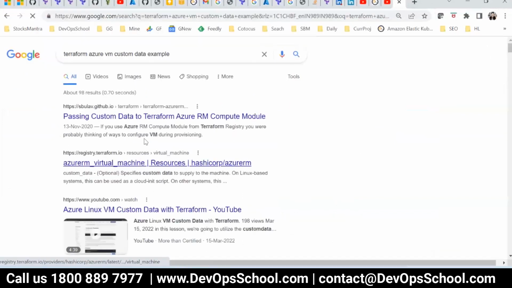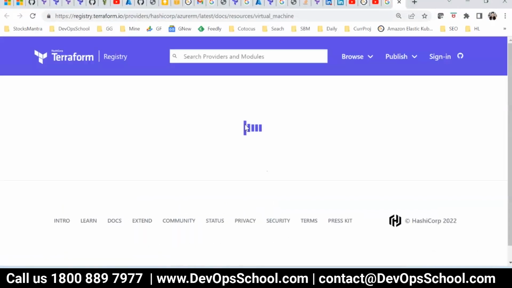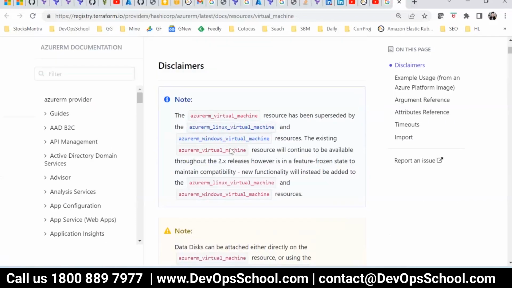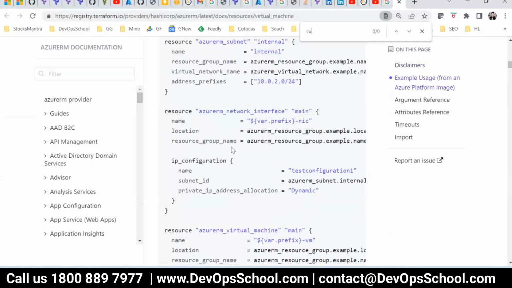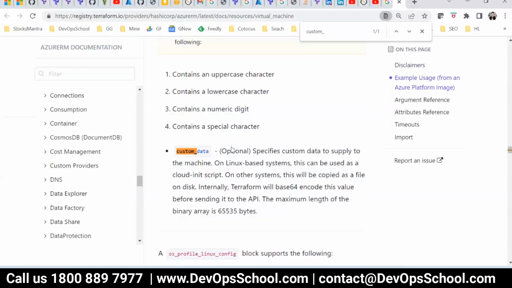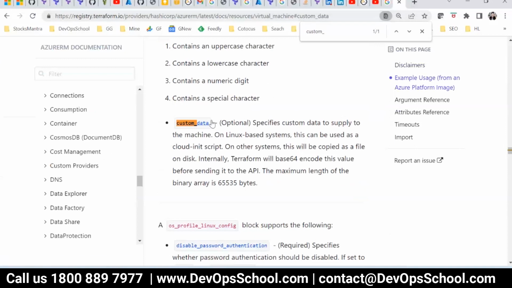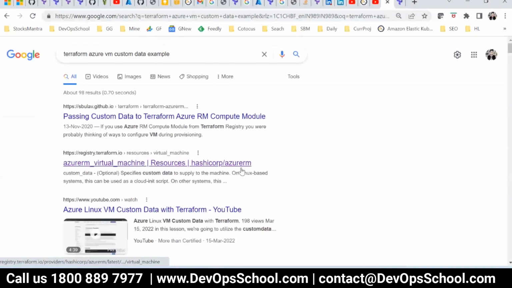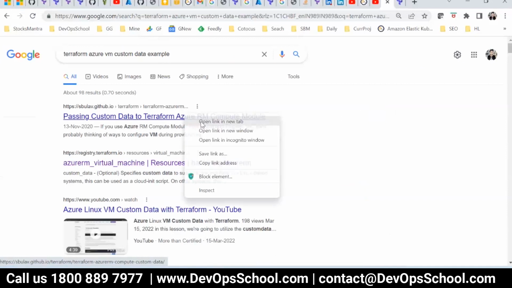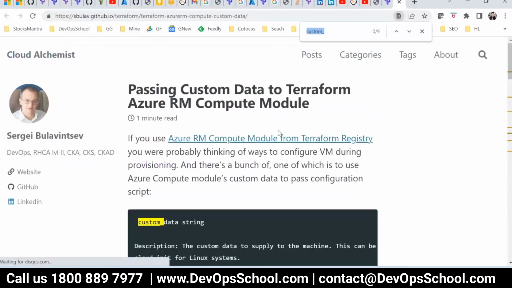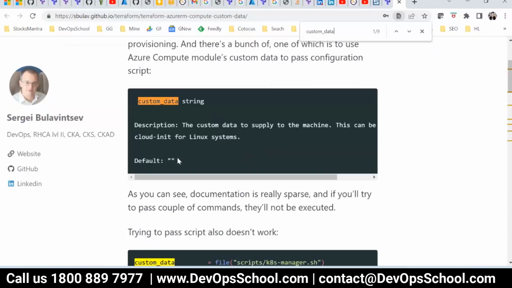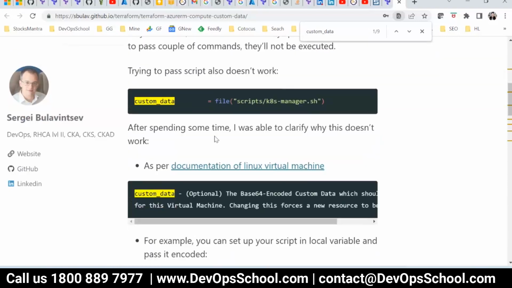You know that code, you just have to add custom data, and the moment you look at the example you'll understand. Here you see this is the custom data string where it's being called.